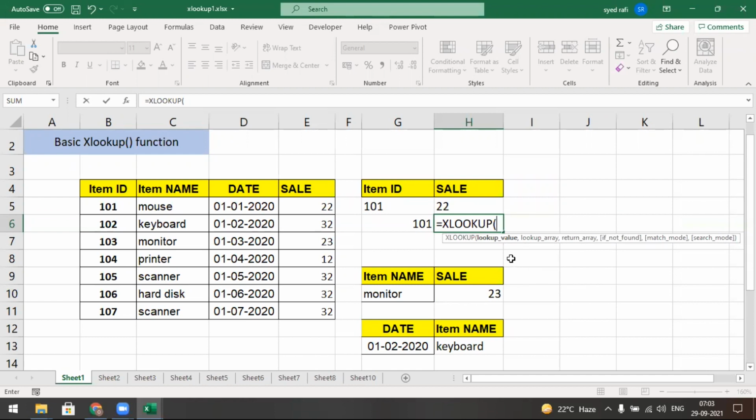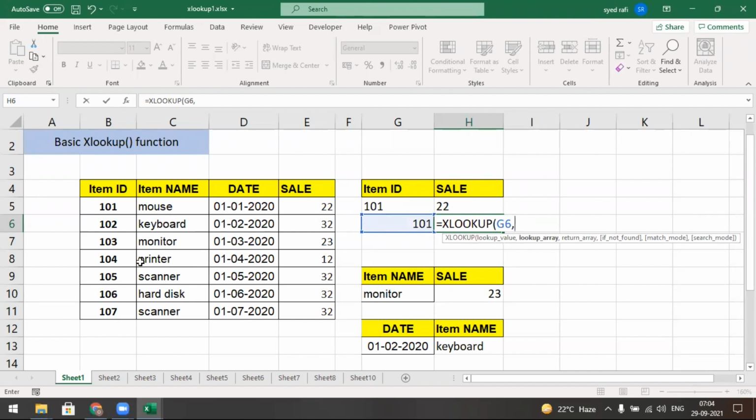So first I give the example, and after that I give the clarity about these functions. These two are very important, that's why first I execute this one. After that we discuss about these two. So the first one is the lookup value. I want to look up for this one, comma.